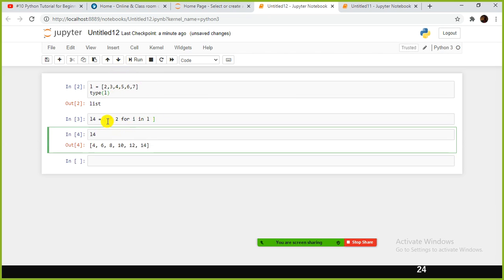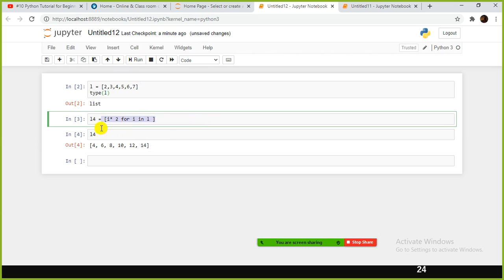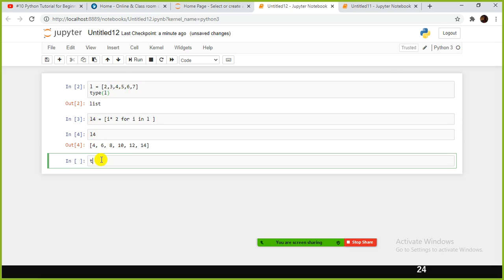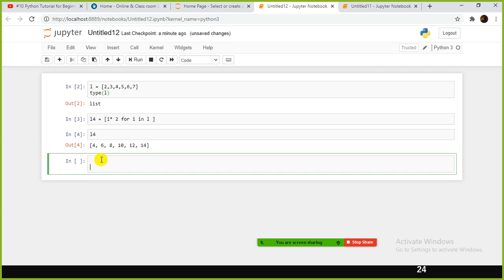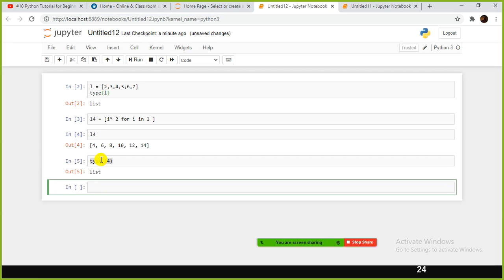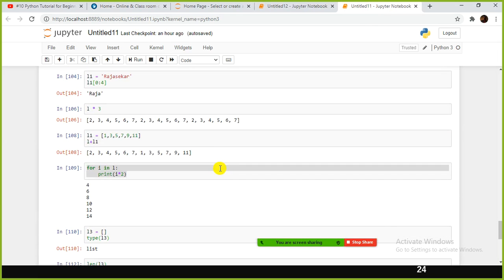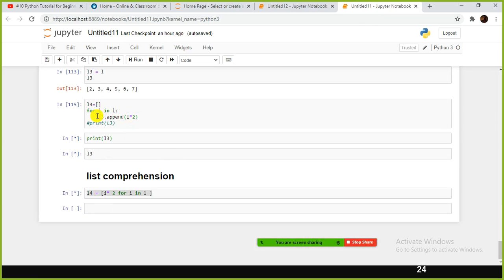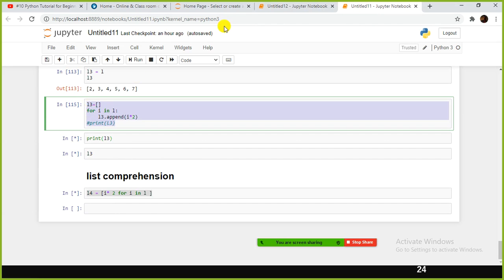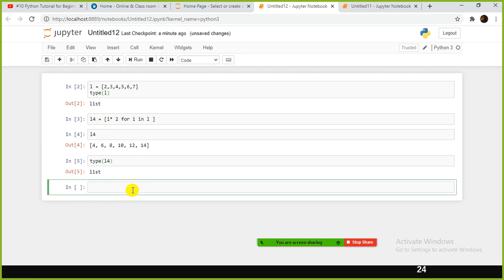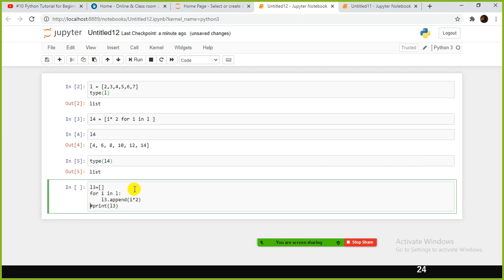Look here. In one line command itself, we can take each and every element from the list, multiply it, doing some kind of transformation, and then assign it to a new variable called L4. This L4 is a list now. You just check it out, L4. This is called list comprehension. That is the beauty of functional programming. You don't have to write multiple lines of commands; you can achieve everything in a single line of code at the maximum, most of the time.